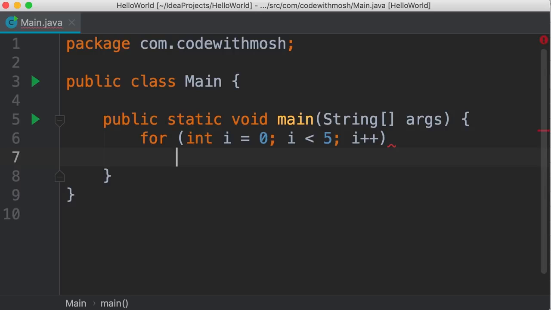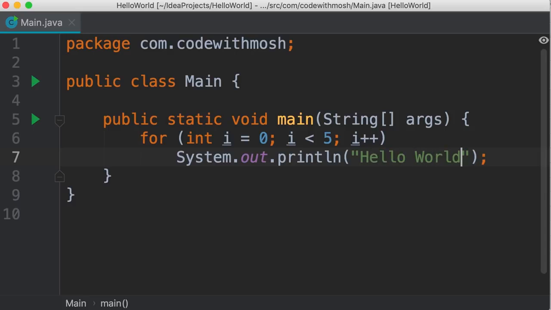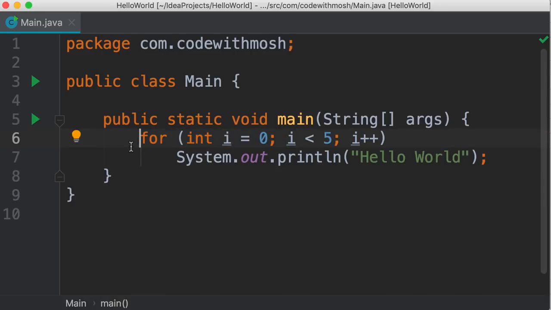Now, here we can repeat one or more statements using this for loop. So we can add our hello world message here. Like here we have a single statement, so we don't need braces. But if we have multiple statements that we want to repeat, we need to define a code block here. Now I'm going to remove these because we don't really need them. So let's run this code and see what we get. You get hello world printed 5 times on the terminal. Beautiful.